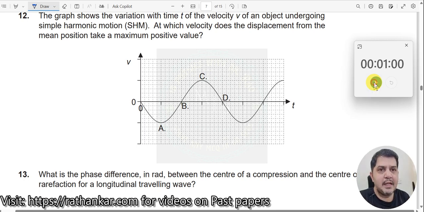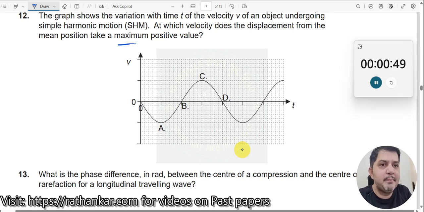Question number 12. The graph shows the displacement variation with time t of the VT graph, undergoing SHM. At what velocity does the displacement from the mean position take a maximum positive value? So the moment you say SHM, draw a pendulum first. Wherever it is, draw a pendulum first. This is your pendulum over here. What is he asking? At which velocity does the displacement from the mean position